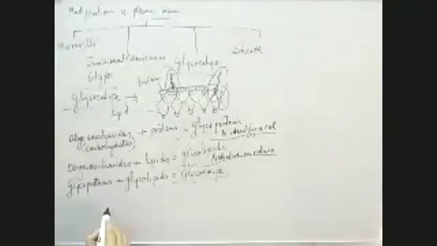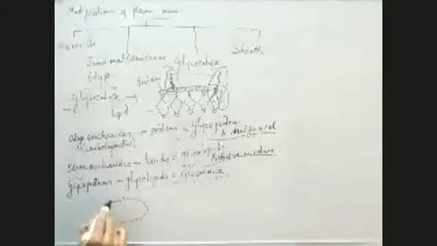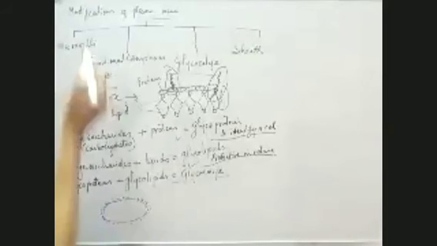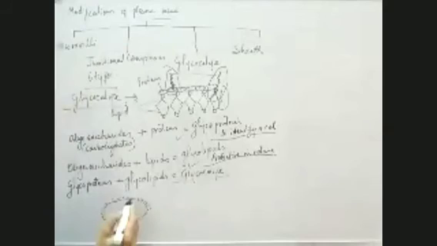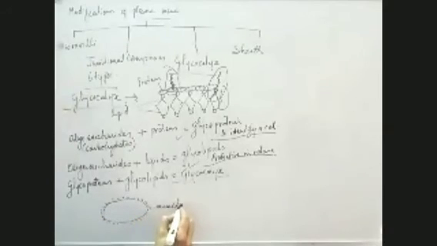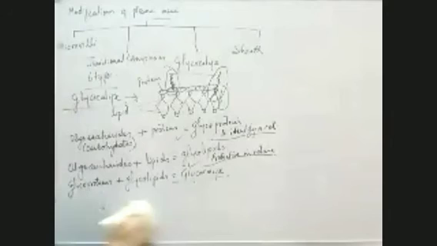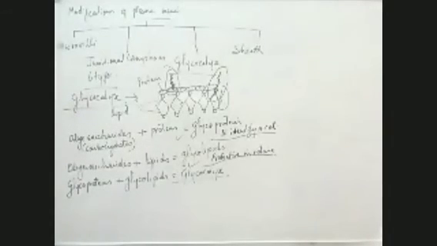It was like this, a bacterial cell wall and cell membrane, and then outside we made it somewhat like this. This was glycocalyx. But this glycocalyx is not the modification of plasma membrane. This is present outside the cell wall and is just a mucilaginous sheath. So do not confuse the glycocalyx of a bacterium with the modification of plasma membrane, which is also called glycocalyx. Both are entirely different.